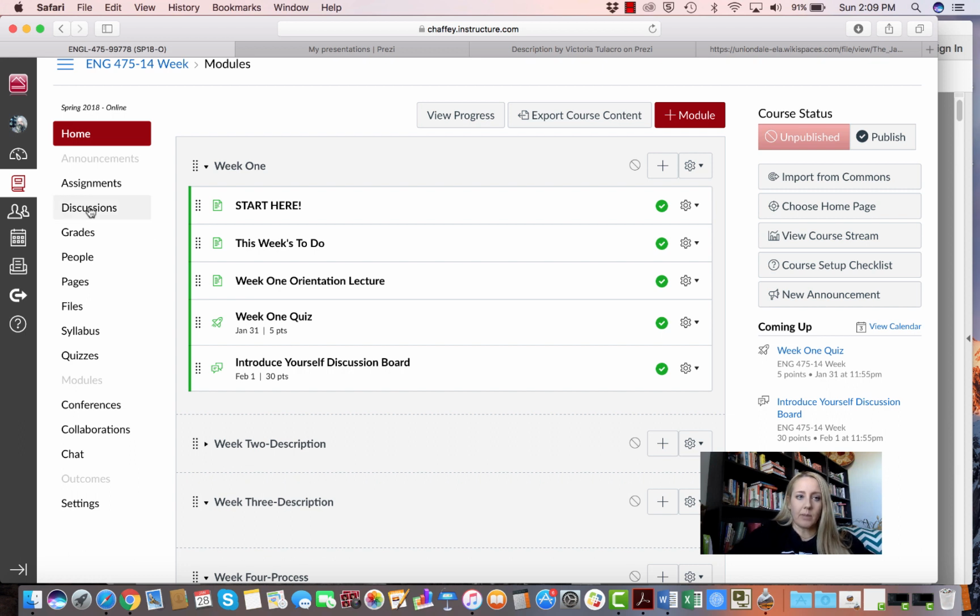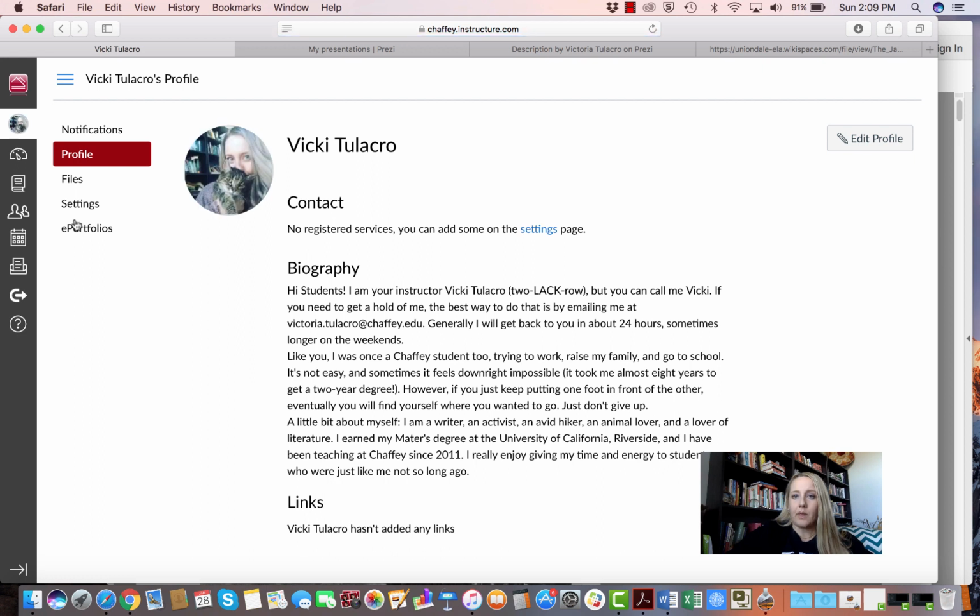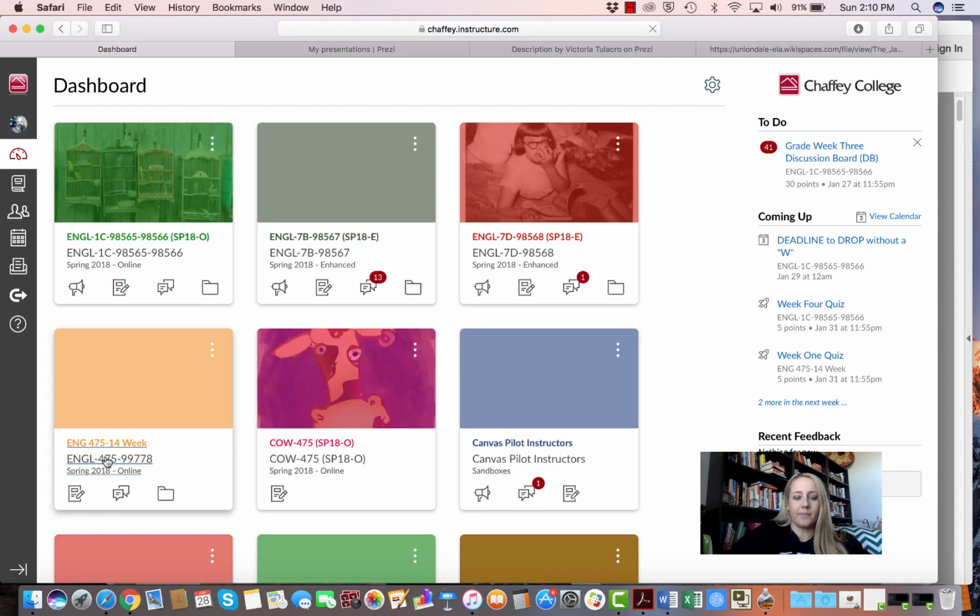First thing you need to do once you come in here, though, is I do want you to set up your profile. So you can go right over here, click on Profile. You can hit Edit Profile and it will allow you to upload a picture of yourself, and you can include a biography of yourself. Please include a picture that is appropriate and also a picture of you. So as you can see, I've included a picture of me and my kitty here. So getting back to our class,